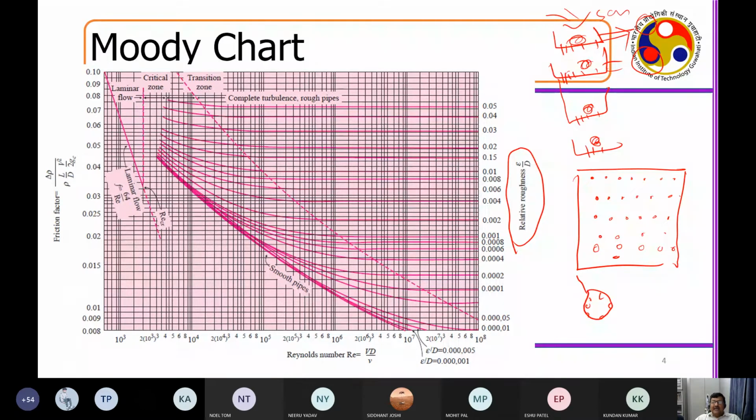right? And where exactly will it be lowest? In which situation will it be lowest? In the turbulent region, in the highly turbulent region, right? Yes, sir. At maximum, like 10 power 8 in this case. At 10 to the power 8 and 9, my friction is going down, right? Now the question is, then why don't we really use turbulent flow to minimize my friction? Question number 1, remember that.